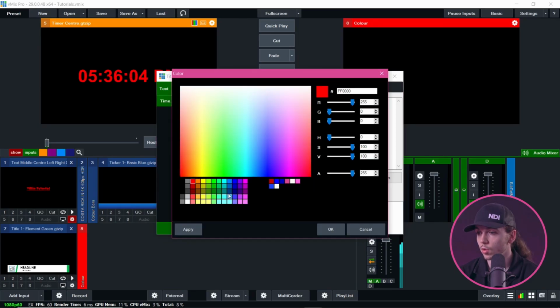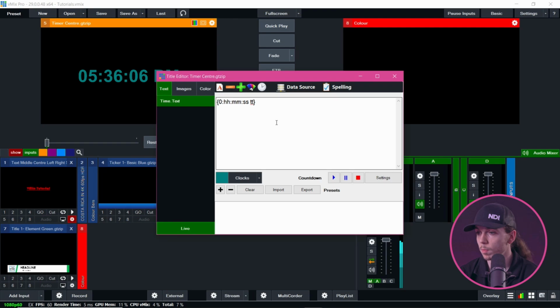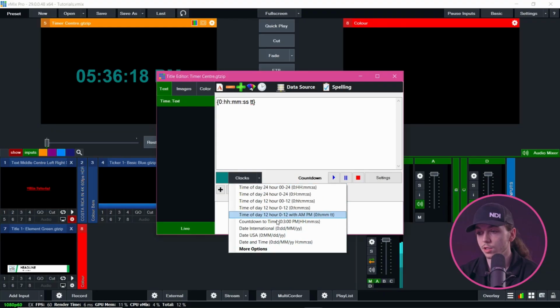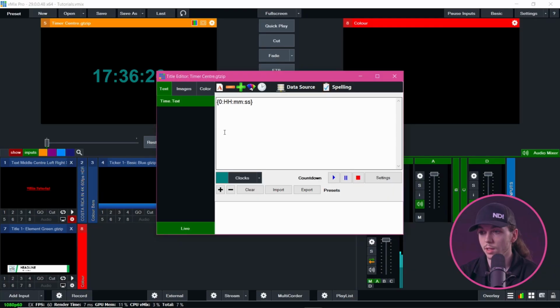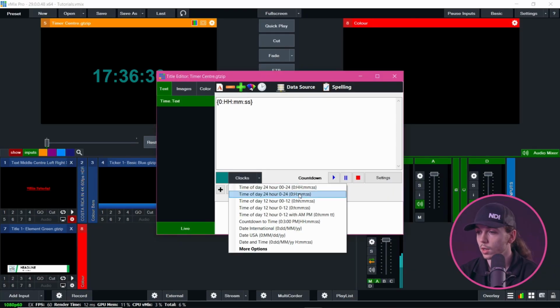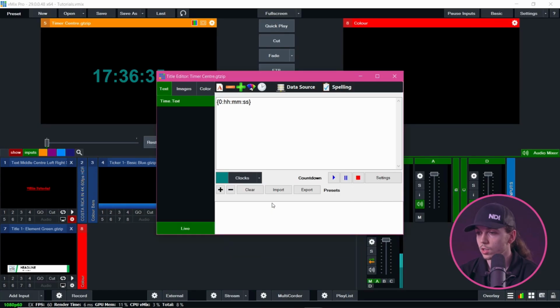We can change the color again, make it turquoise if we want, as you can see. Now, no ticker settings, but this time we've got clocks. So we can actually set it to different kinds of clocks. We can have a time of day 24-hour clock if we want, and then it will display the time of day, 24 hours, and it also changes the format on some of these as well, as you can see. So 12-hour clock, we can do a countdown to time, and then as you can see, we've got a time in there. So if I now put, for example, 7 p.m., it will now count down to exactly 7